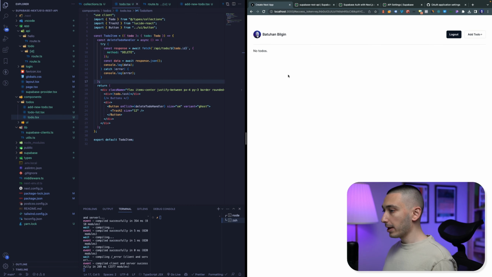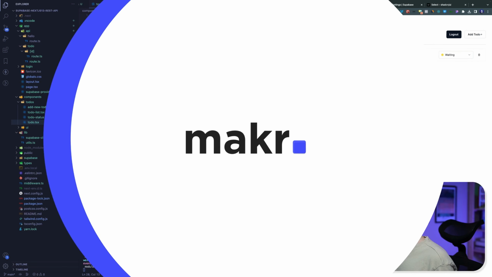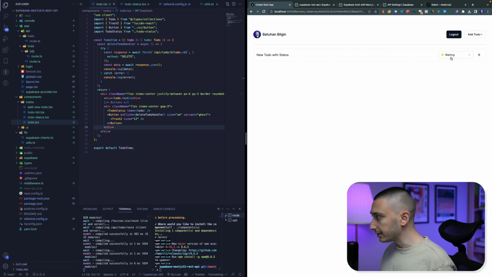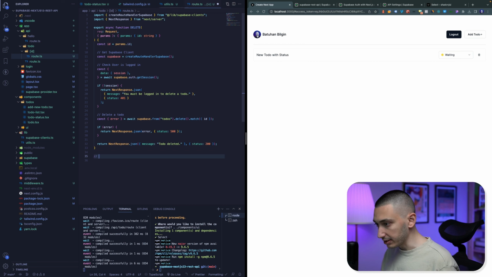Okay, cool. Now we can create our patch method to update to-do's data. In our to-do component, I created this select to update the status of to-do. But to update the status, we need to first create our patch method in the route handler, right? Okay, cool. Now we can go to our dynamic route handler, and in this file, we can create another method for patch